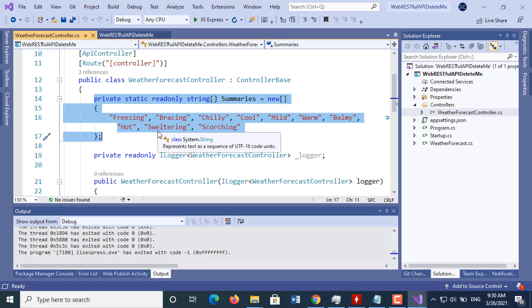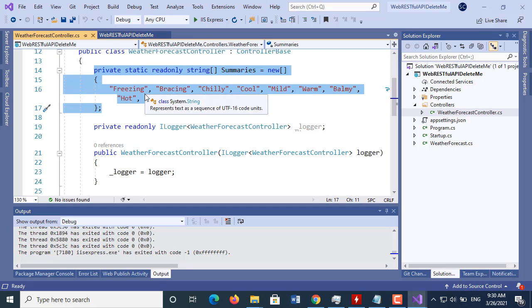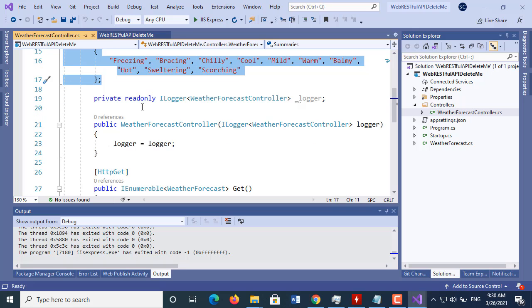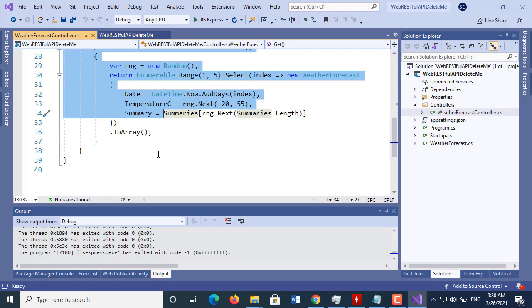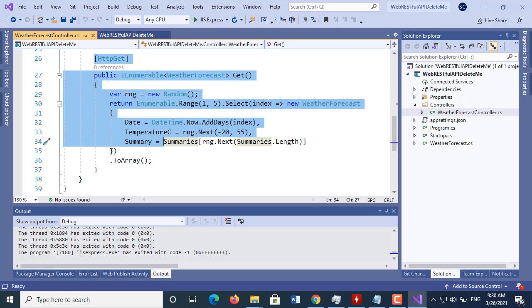This is a property which contains the information instead of reading the information from a database, and this is what we want. Look now, all we have to do